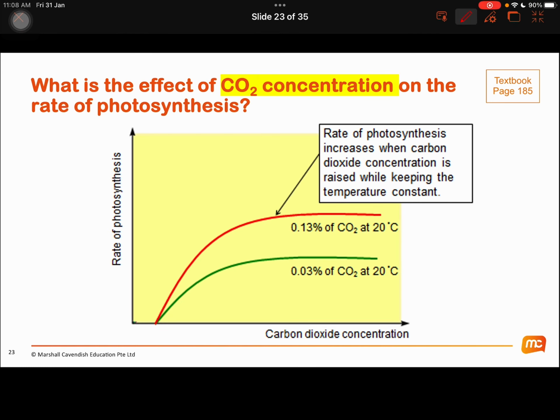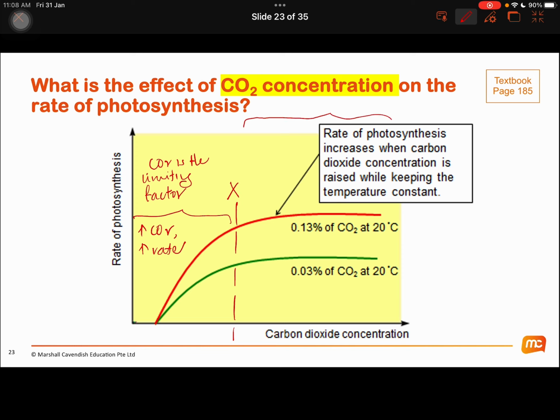If I were to indicate over here, I'll break the graph into two segments. So over here in segment A, CO2 is the limiting factor. How do I know? Because as carbon dioxide increases, the rate increases. But beyond the point X, you can see that CO2 is no longer